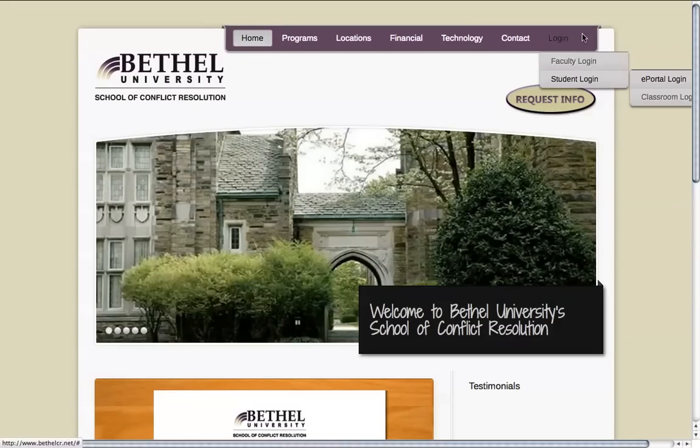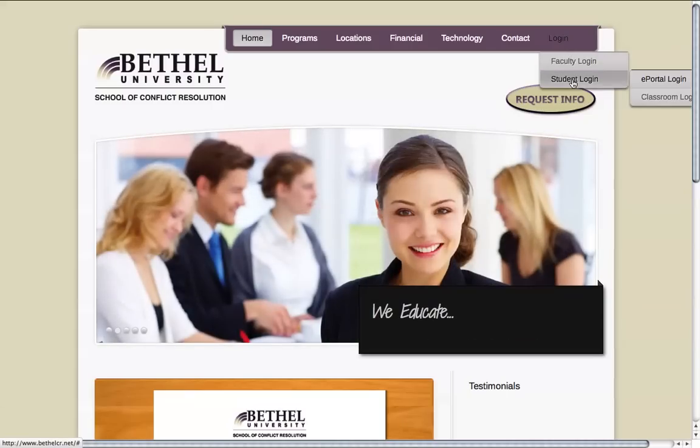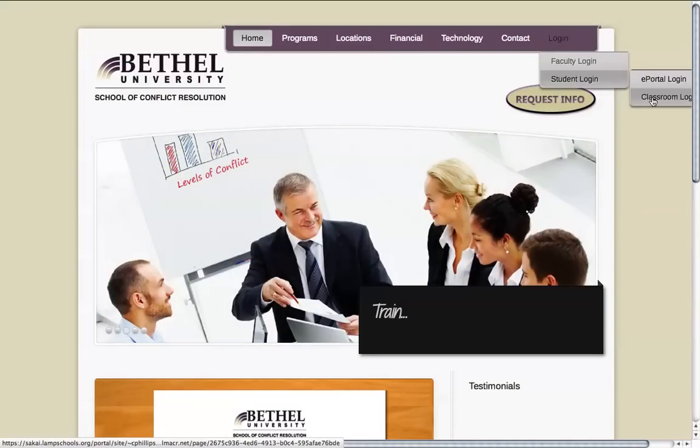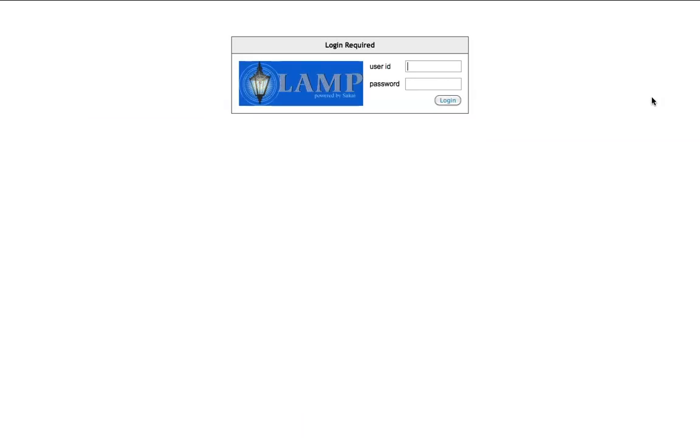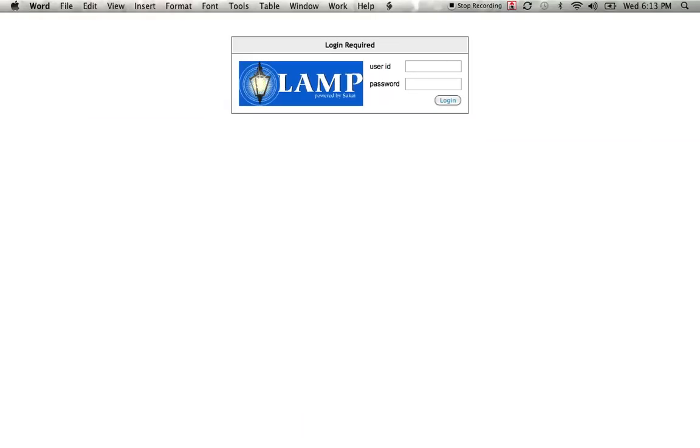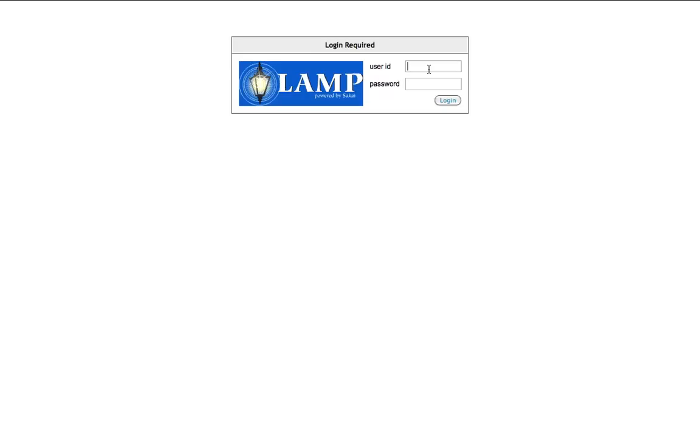Now, as we go back to the home page on BethelCR.net, we go to our second option in the student login, and we're going to click Classroom Login. Here, you will see this login box requesting your user ID and password. Your user ID will be your bethelu.edu email address, and your password will be either a temporary password provided in